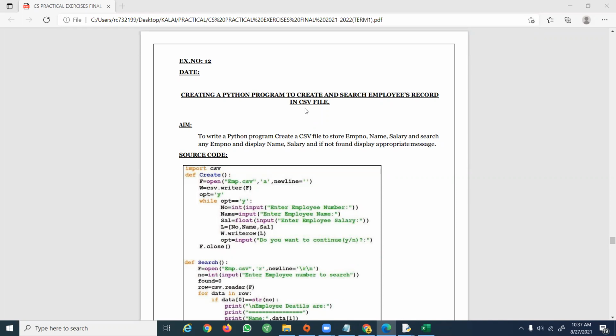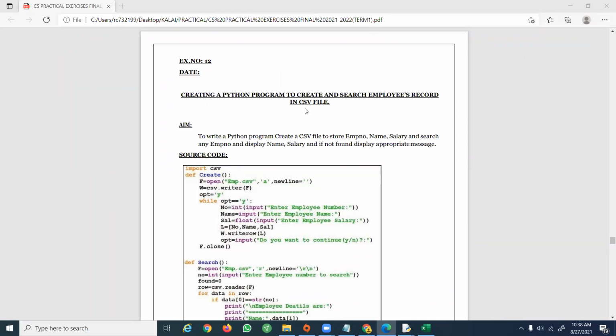So you will be creating the file through the program, and then you will be doing the search operation or display operation, whatever. Here it is CSV file handling. CSV stands for comma separated value, which deals with data in the form of a table. Wherever you want to store the information in the form of a table, you can go for comma separated values. Here, every value by default will be separated by a comma. However, you can also use different delimiters.